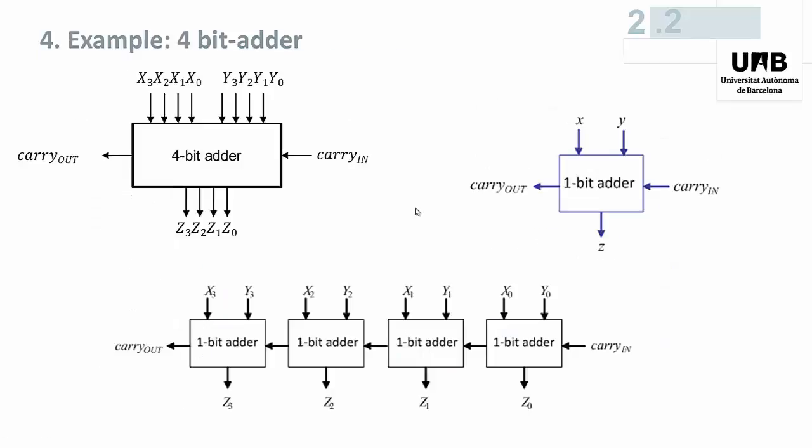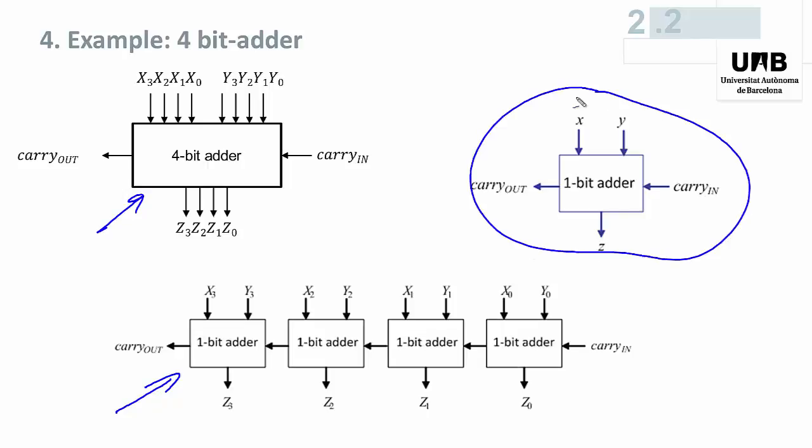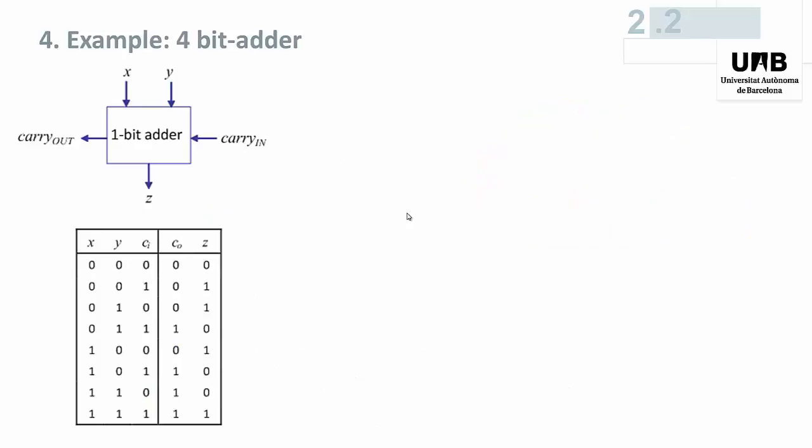Let us go back to conclude to the 4-bit adder. It has been defined as a hierarchical structure, that is to say that the 4-bit adder is decomposed into 4 1-bit adders, so that it remains to synthesize the 1-bit adder. Here is the truth table that defines the function generated by the 1-bit adder. Observe that both C0 and Z